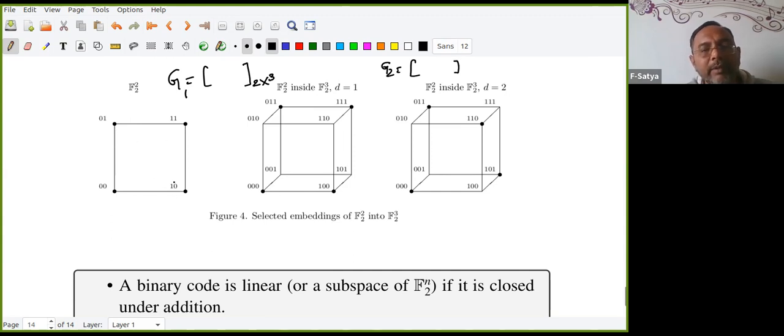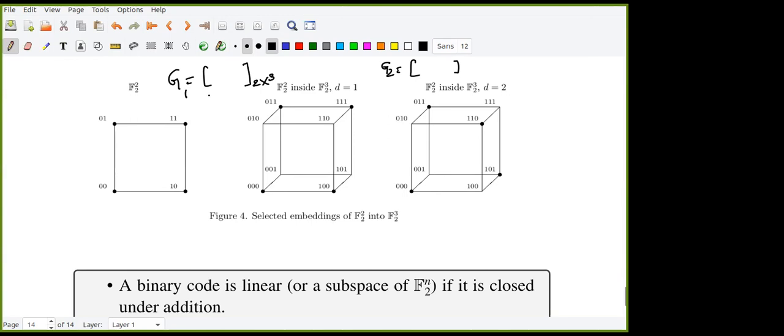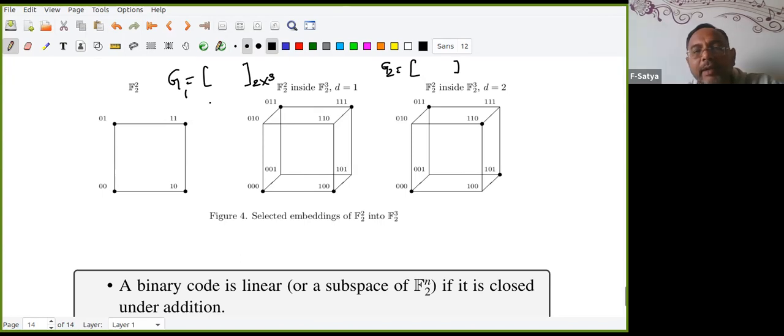So now what is the basis for this F2 power 2? These two, right? 1, 0 and 0, 1. Or any two non-zero vectors I can take, but I take these two standard basis vectors. If I know where 1, 0 is mapped, then I know the rest, right? So can you suggest what G1 is? Sir, what was the question? See, I need to find the generator matrix, right?